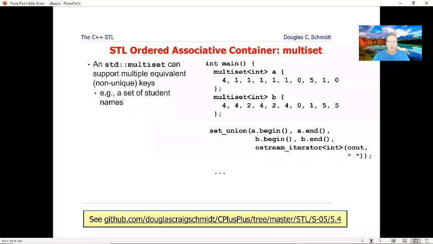So at this point, we're going to talk about multisets. A multiset is a variant of set. It's also, of course, implemented under the hood with a balanced binary tree using a red-black tree. But the single biggest difference between a set and a multiset is that a multiset can contain duplicate keys, whereas